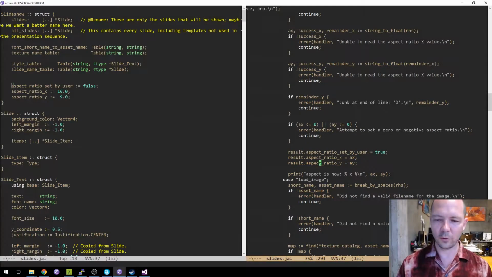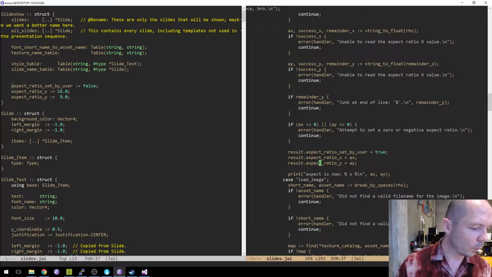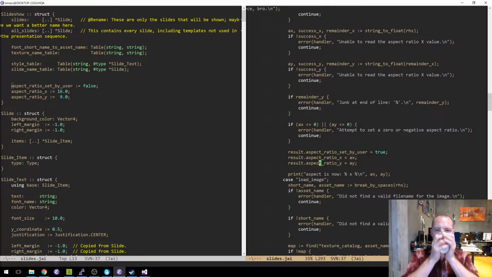So tired today. Okay, we're going to forget about aspect ratios for a little while. Now that we've set this, what we're just going to get working now is creating an off-screen surface for the slides.